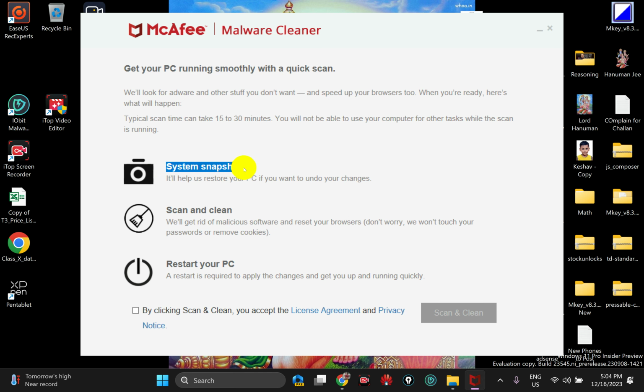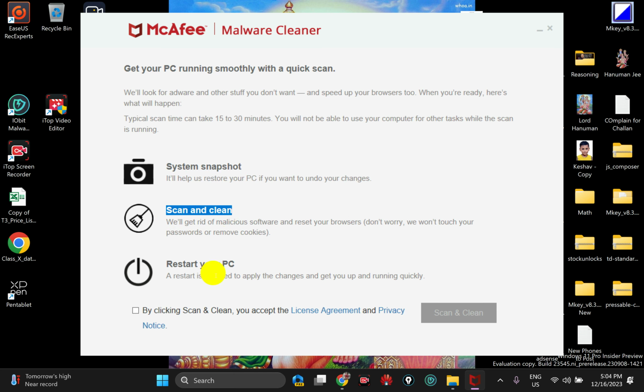In case your PC gets damaged or unstable, you can restore your PC with the system restore point that is created by McAfee malware cleaner. After that, once it creates a snapshot, it will scan and clean your PC.